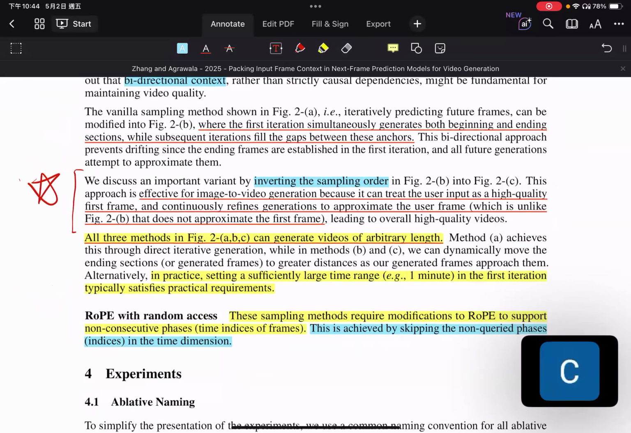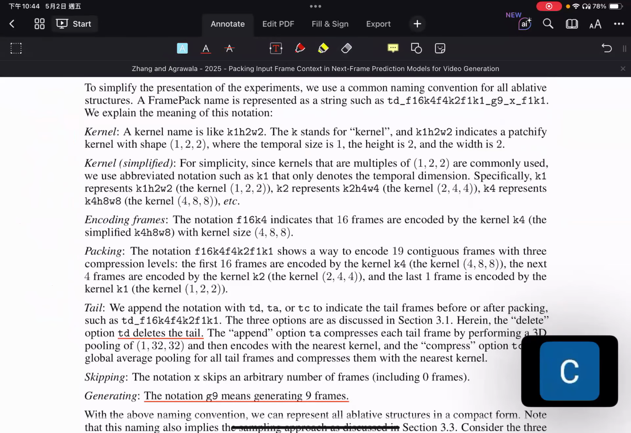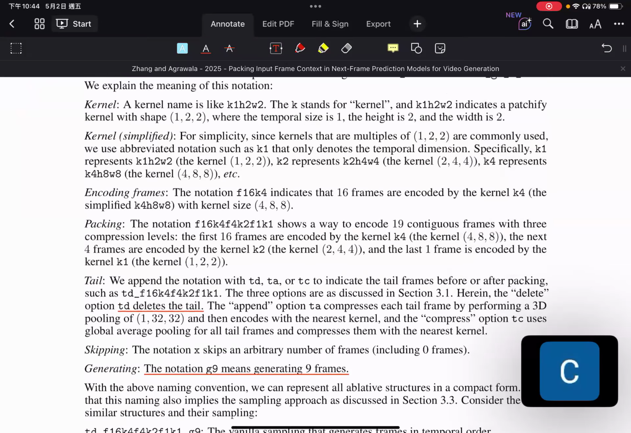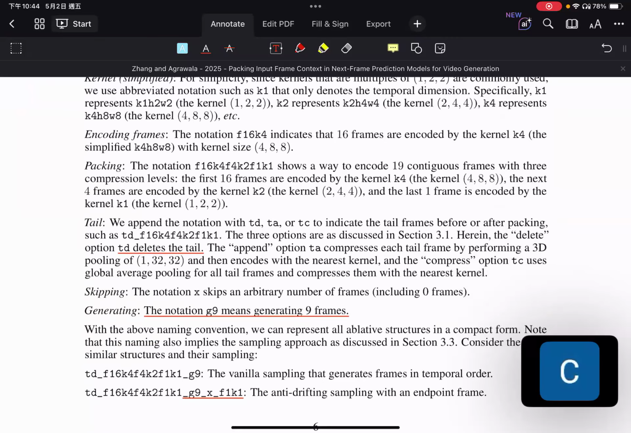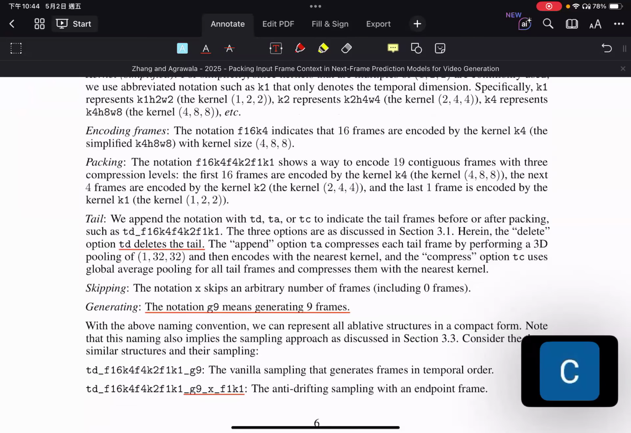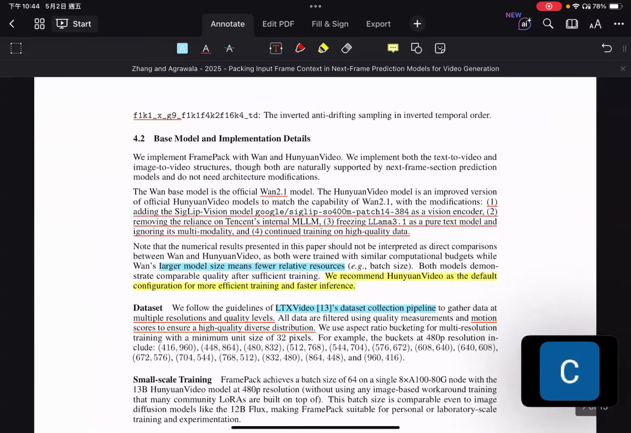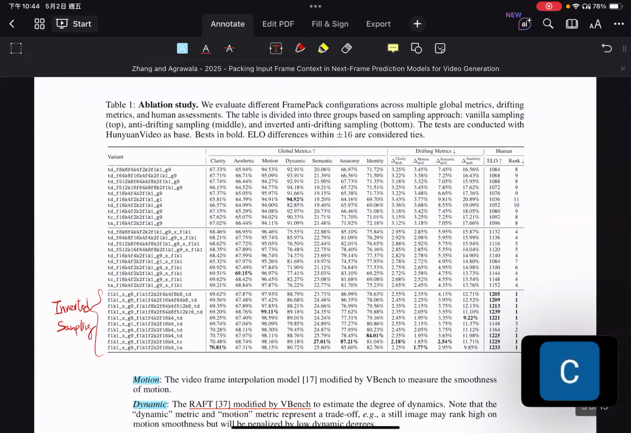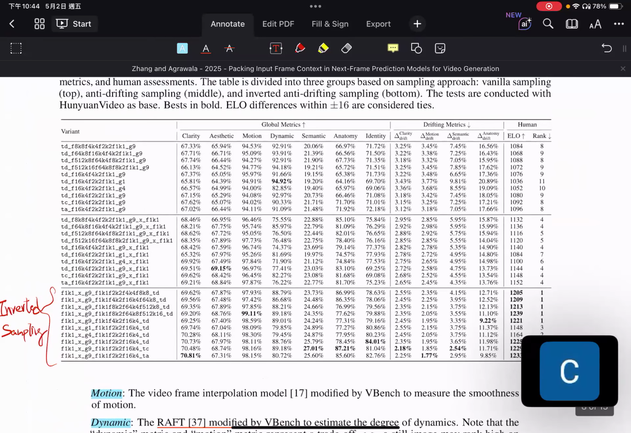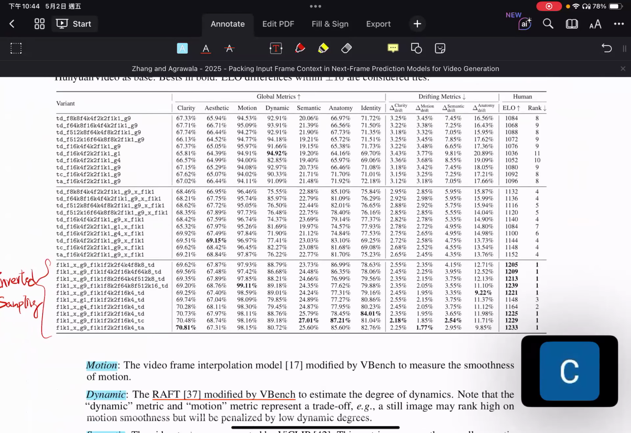So here is how the paper works. And there are some experiments, which I think are a bit messy here. What it's basically saying is that they try to show that the inverted sampling method performs the best in both human